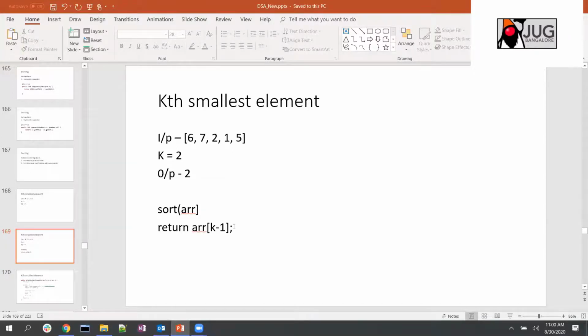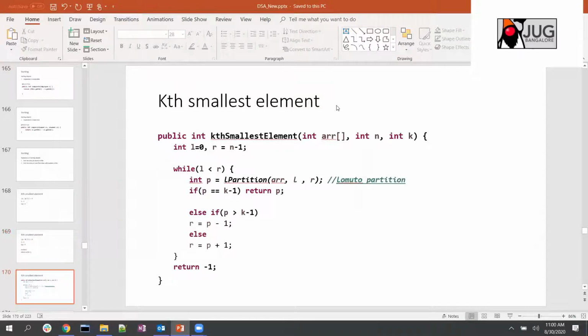Another, better solution could be to use that Lomuto partition we used. What we were doing was picking the pivot and trying to place that element at the right position. For example, 7 was placed in the right position after the Lomuto partition completes.